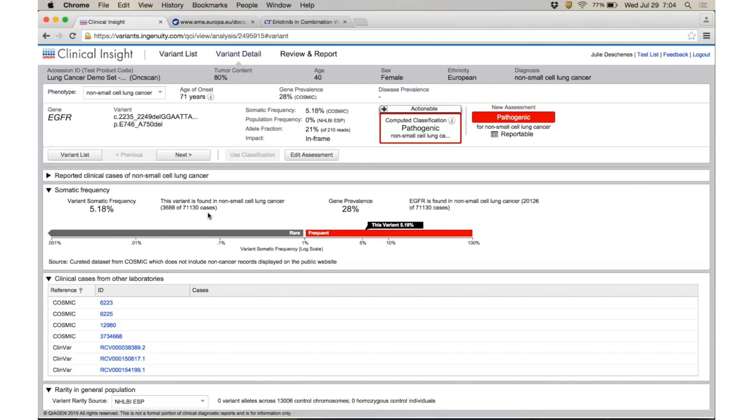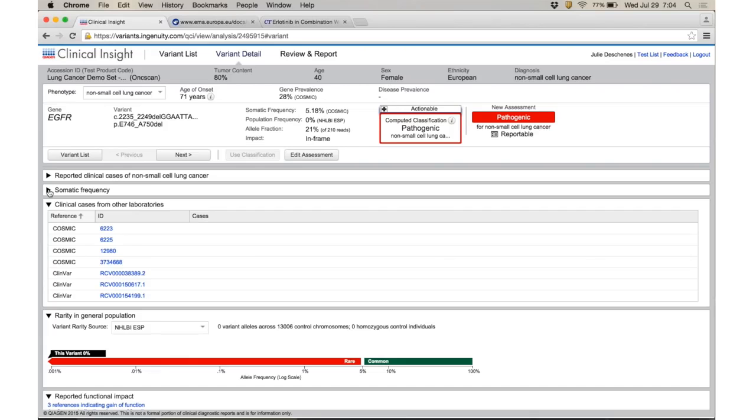There's a few other sections of interest for somatic. The somatic frequency gives you a visual of where the variant is and how frequent it is. So you have the somatic frequency in here. Two other interesting